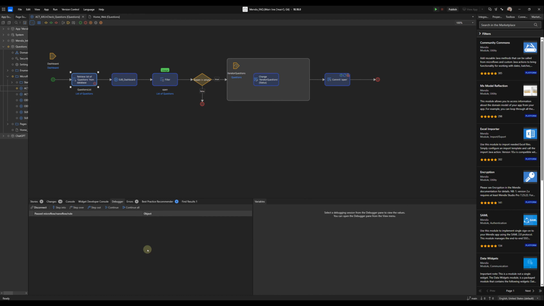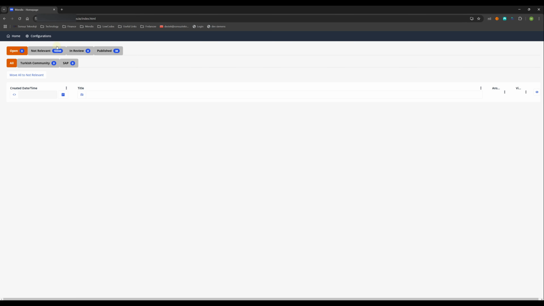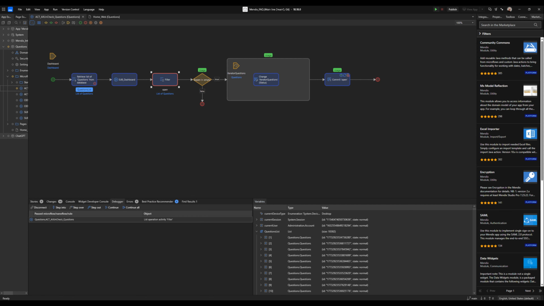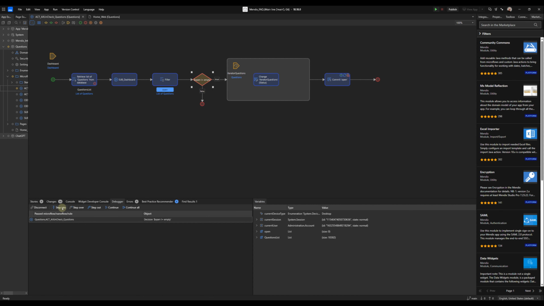I forgot something. I will go to the production again and I will run it. Now I will go to here. When we get the step info or something else, we will check the data from here. As you see, there is so much data, and there is a filter here. Step over. Okay, step info, and let's check open is 0.